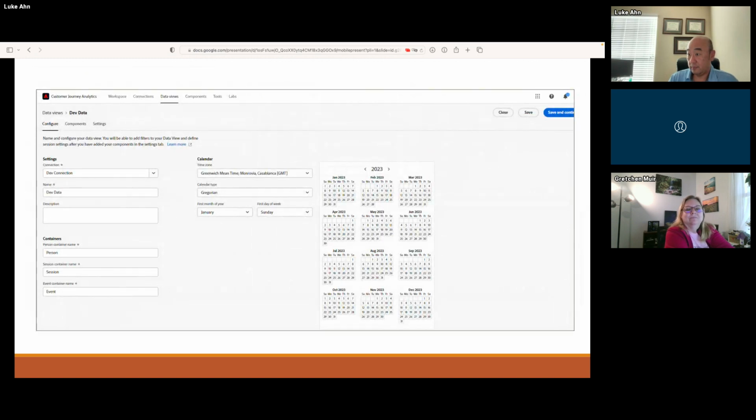All right, so in CJA, and it does take quite a bit of access to be able to see that connections tab and the data views tab at the very top. So if you're not seeing those, just keep adding more permissions. But once you're in the data view, there's 3 pieces. There's configure, components, and settings. So the configure one is